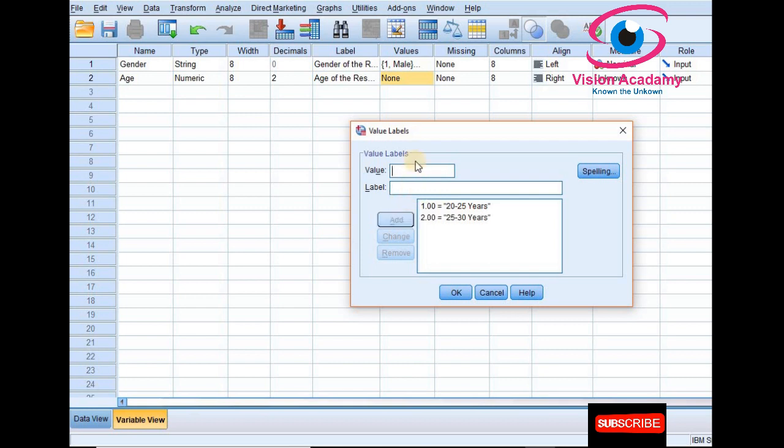I will add this too. Third one, 30 to 35 years, I will add this too. Last one, 35 to 40 years, I will add this too. After add I will give OK.